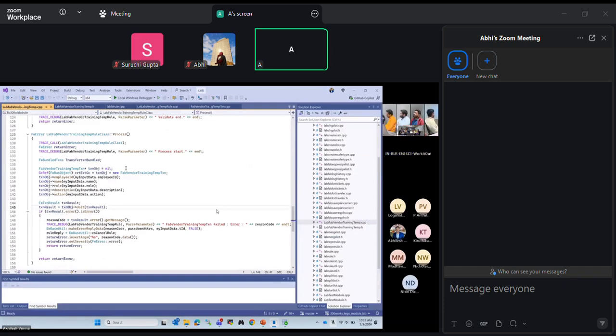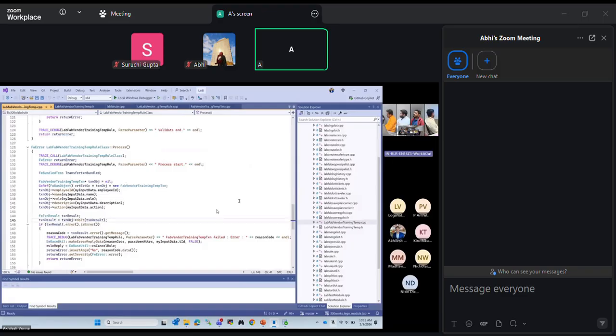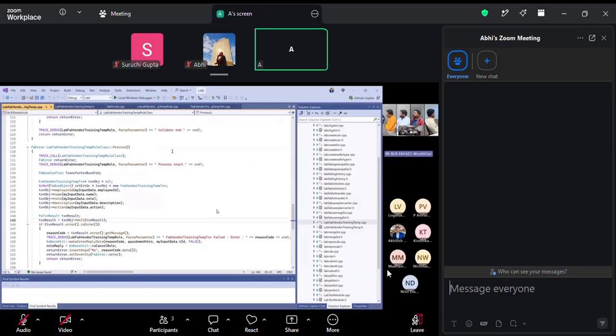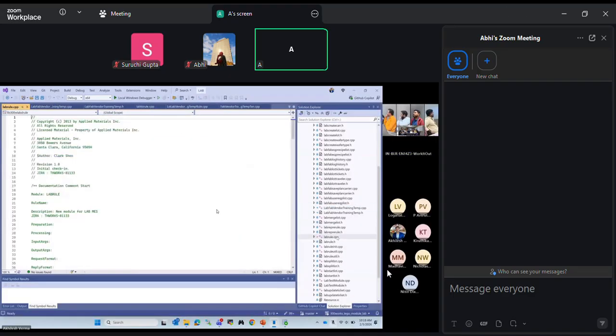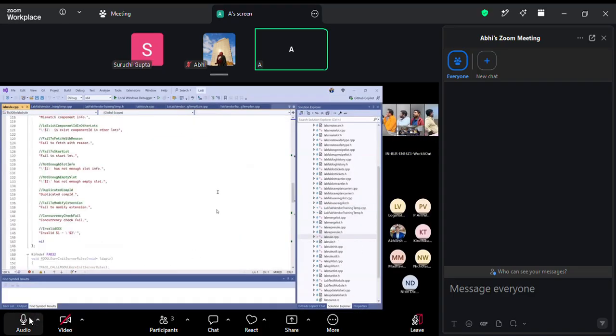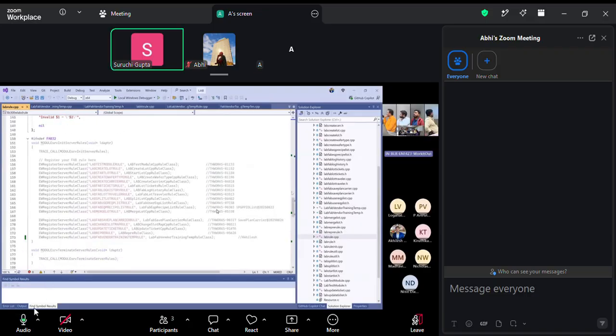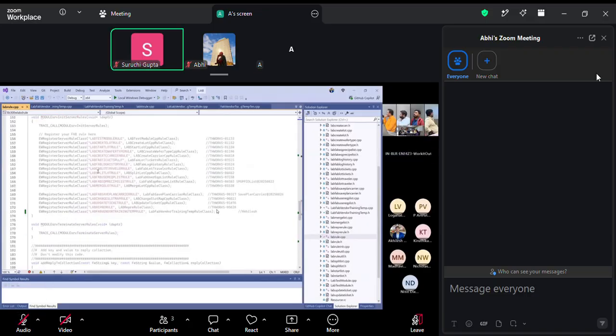Okay. Then once we have created this rule, we have to register it. So we have a common file. There are in the code two